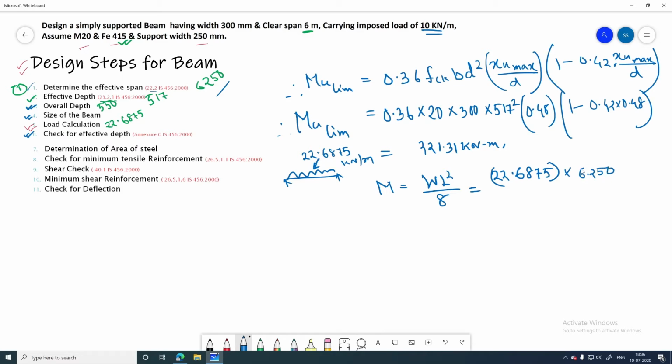6.250. Please make sure the units are correctly put, okay, because after solution of this you will get the unit in Newton millimeter, okay. So you need to multiply with 10 to the power minus 6 and then only will you get the unit in kilonewton meter, okay. So make sure of that, and this is W L square by 8. So here all the values are directly given in meters and kilonewton. So that is why the value that we get